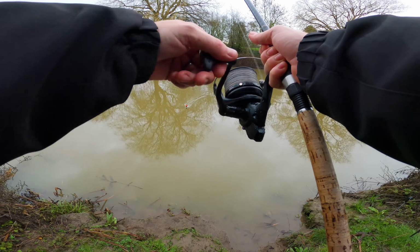So we've got probably 4.5 foot of water at the moment, so I'm going to bring this right down, probably to about there I think, and then that is going to be suspended mid-water. I've done it before where I've had no bites, there's no action, I can't see any fish, so I start wobbling the dead bait, hold the rod for about half an hour, just moving it around the swim, and all of a sudden you get quick bites. So we'll try this,